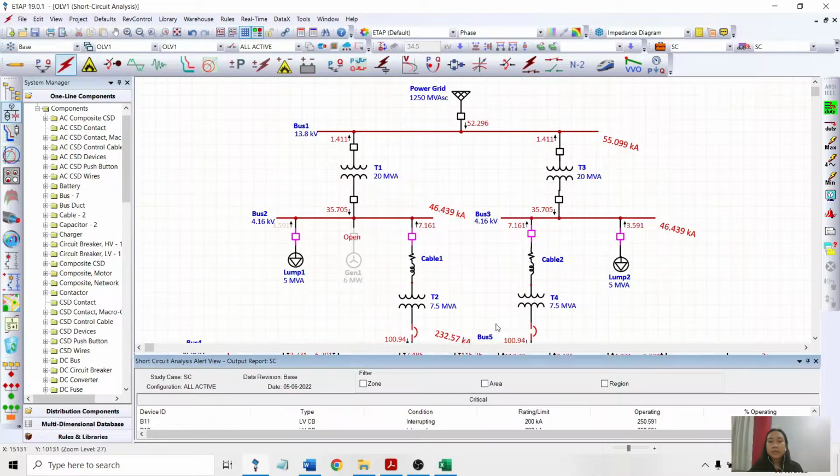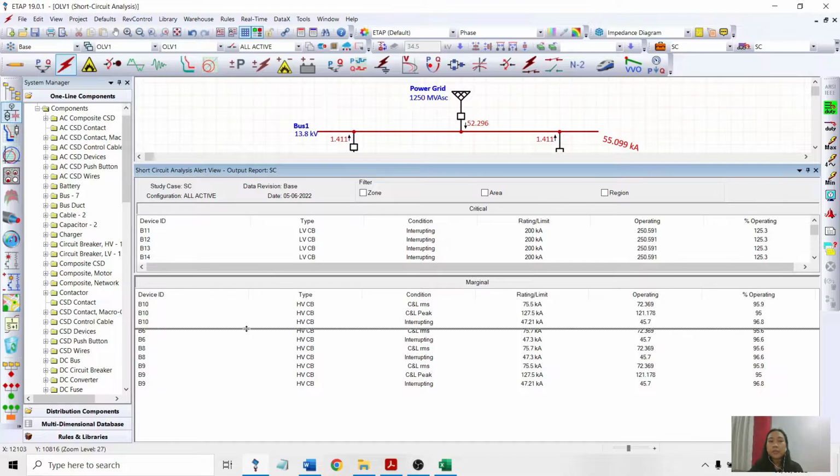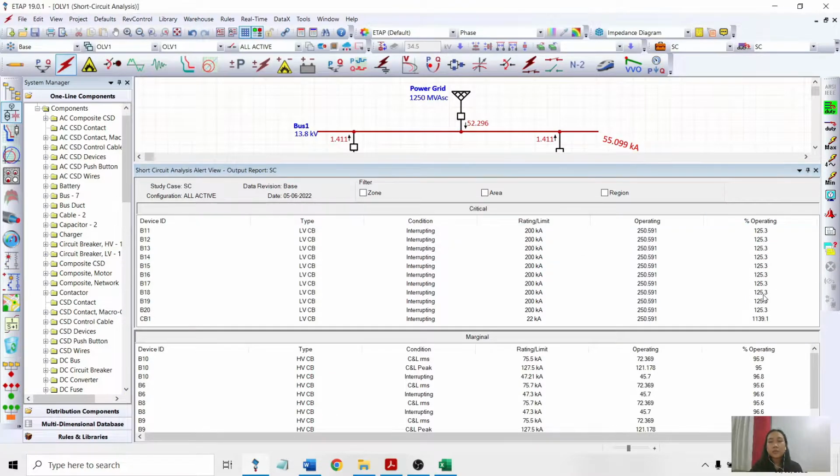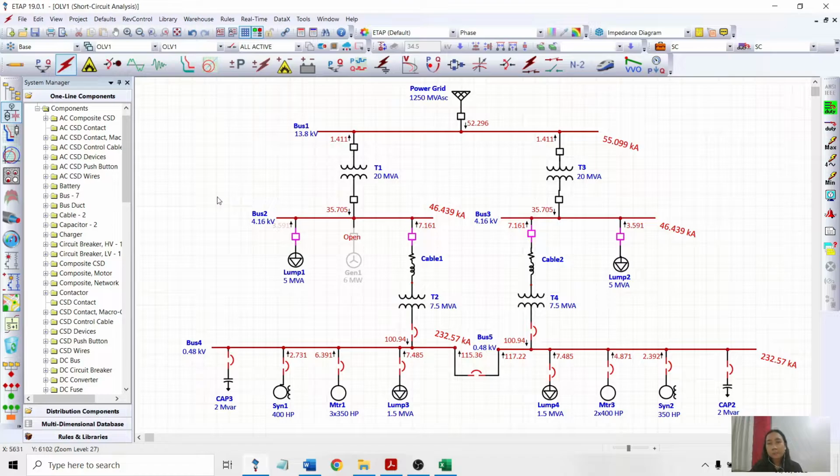So first, checking what is the error, we can see that the low voltage P11 has an interrupting condition as its operating is 250.59 but its rating is only 200 kiloamps. So its percent operating is too high, which is above 100%, and it is 125.3. So solving for the new rating of this breaker,